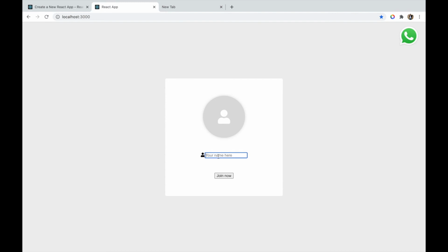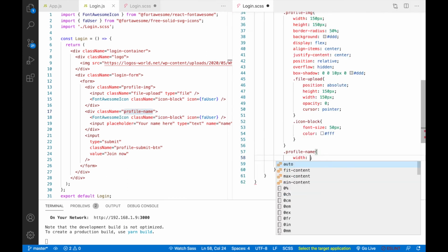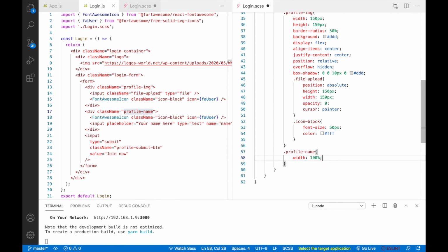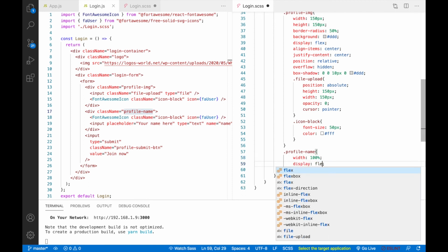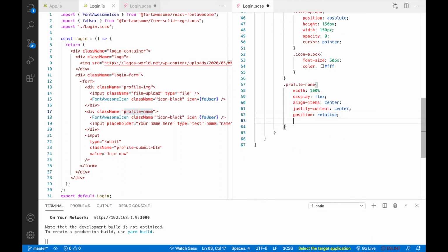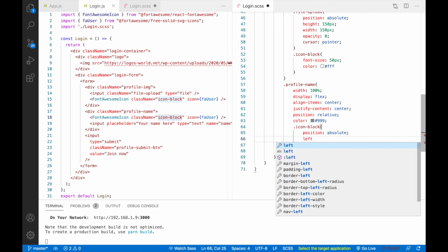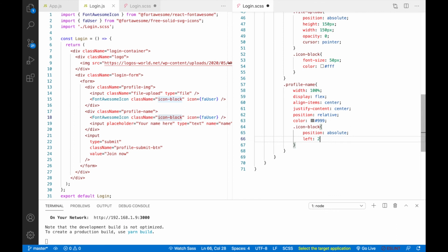So this will create this kind of box and nice circle around this icon, right? So now we'll style this input and the button. Okay, so here we'll write profile name. Yeah, so width will be 100%. So display will be flex, align item center, then justify content also center, position relative, color will be 999. Okay, so here also we'll take this icon block. Okay, so the position will be absolute, and left will be 28 px.